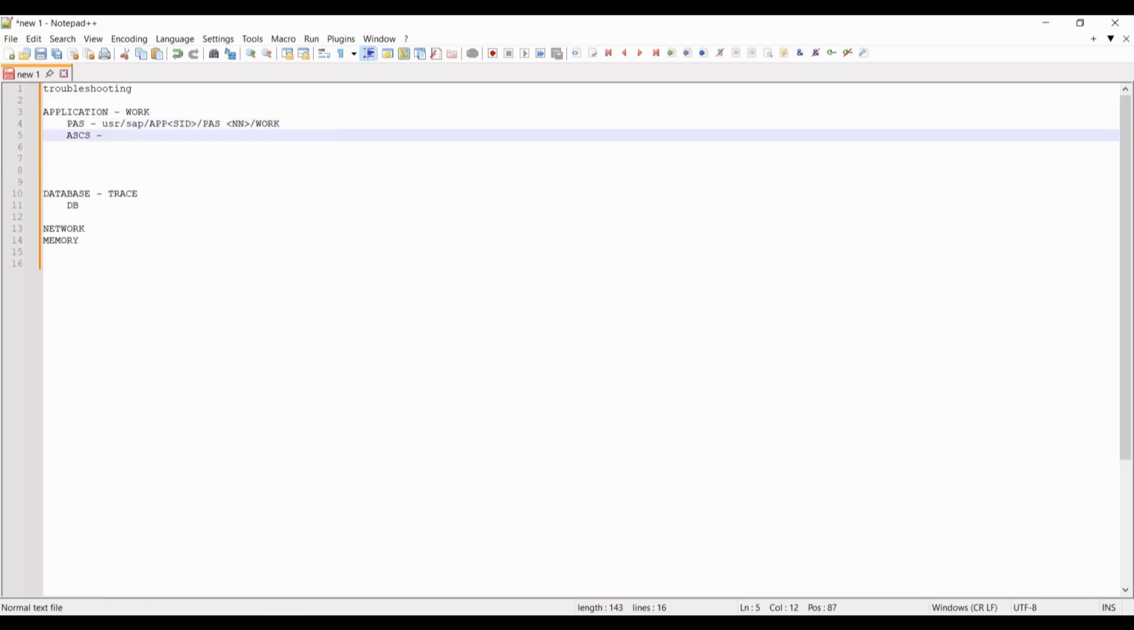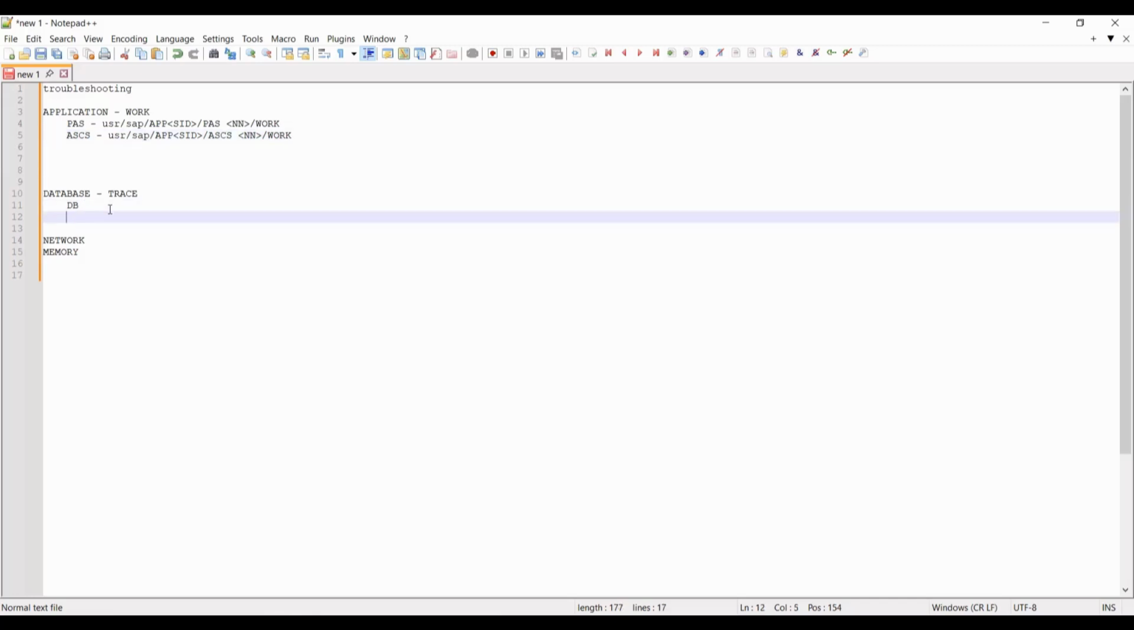If you are having a problem with the ASCS instance, go to /usr/sap/application SID, then provide the ASCS instance, and then you can find the work directory. This is the path to check the application PAS logs or the ASCS logs. When it comes to the database, the path is the same, /usr/sap, but instead of the application we enter the DB SID,